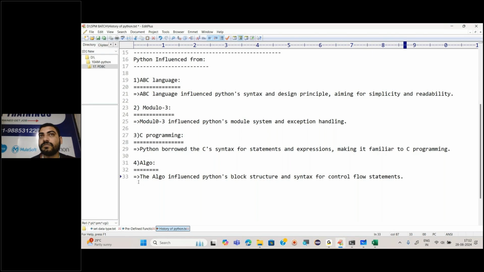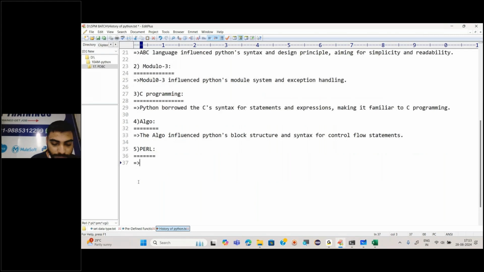Are you getting it? Similarly, I do have Perl, Java, C++. I would say Python also got influenced from C++. Okay, let's start with this fifth one, that is the Perl programming language. It is a scripting language, right?